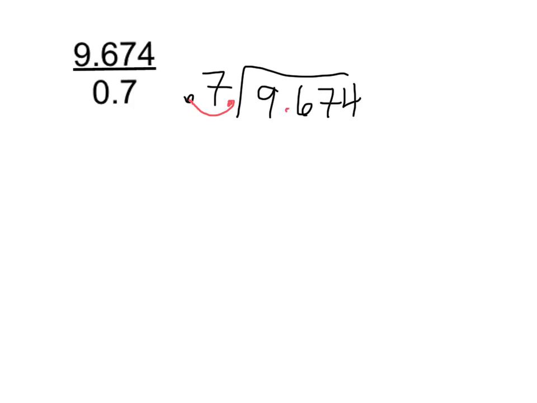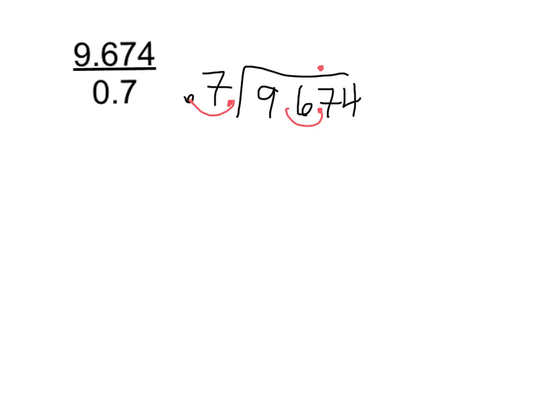Let's look at another one. Again, your top number goes on the inside. So 9.674. Your bottom number goes on the outside, 0.7. First thing I need to do, there's a decimal in my divisor, or there's a decimal on the outside, so I need to move it to get rid of it. What I do to the outside, I have to do to the inside. Then go ahead and put it in your answer, go straight up. And then I'm looking at